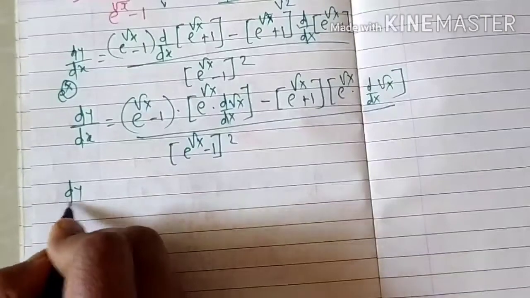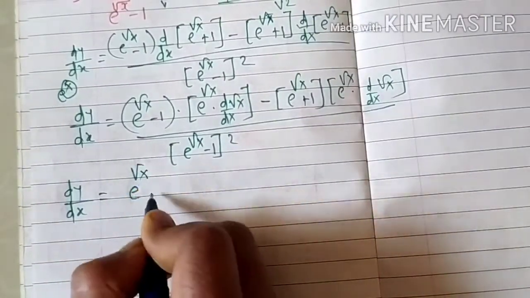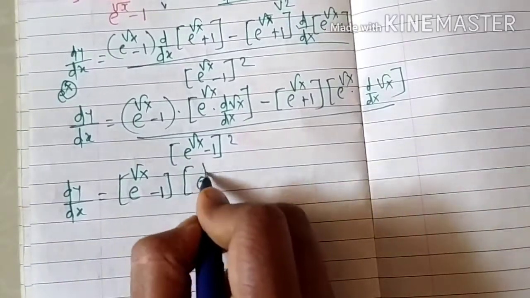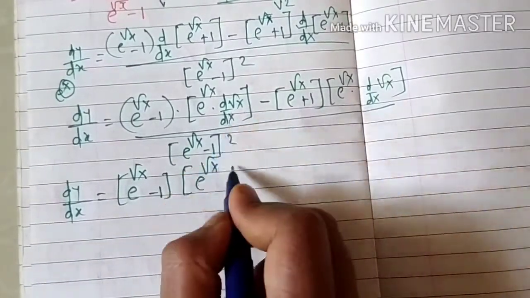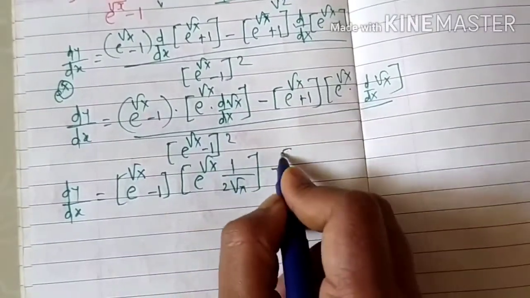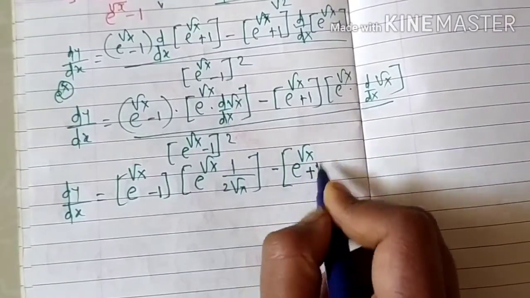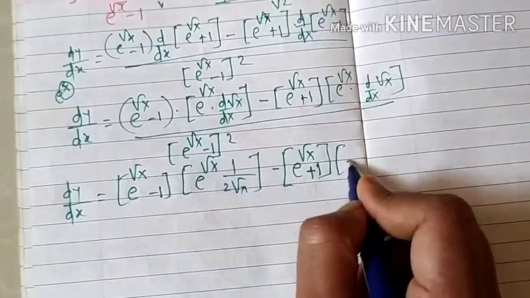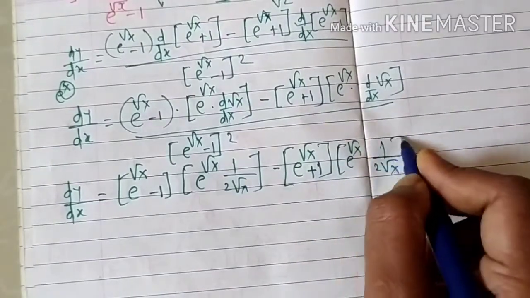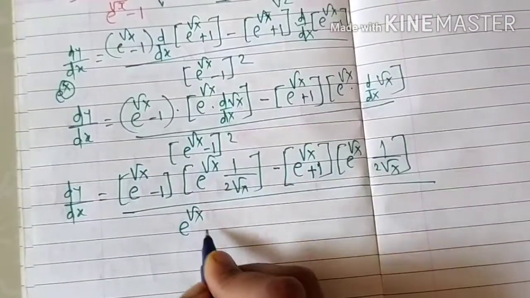Then dy by dx is equal to (e raised to root x minus 1) into this e raised to root x, and which derivative of root x, it is 1 upon 2 root x. Then minus, here same thing, (e raised to root x plus 1) constant, e raised to root x into derivative of root x is 1 upon 2 root x, divided by denominator is